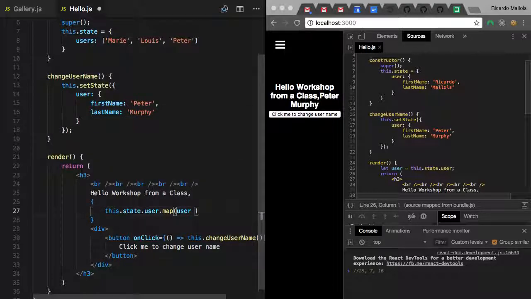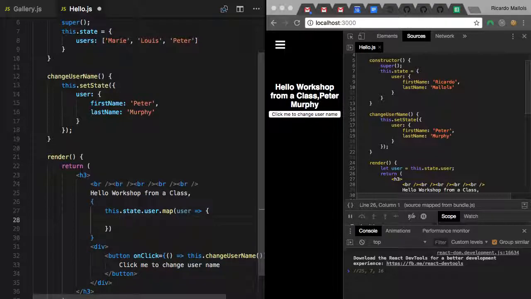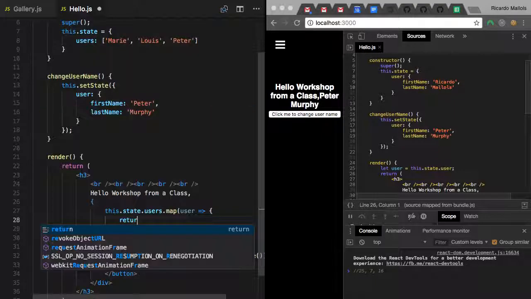So this will be a callback function that will be executed how many times? 3 times, because we have 3 users, right? That's it. So here we are saying, hey, have a look at this array of users, and then for each user, what I want to do is I'm going to return